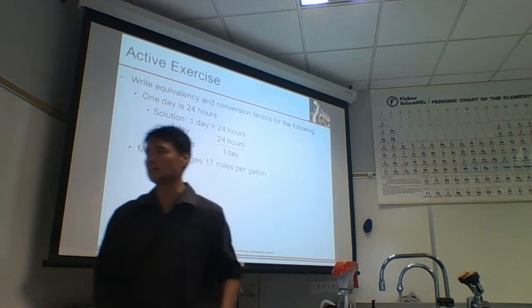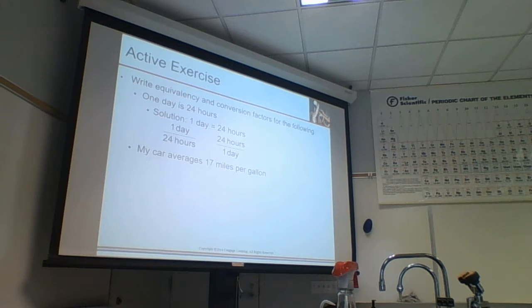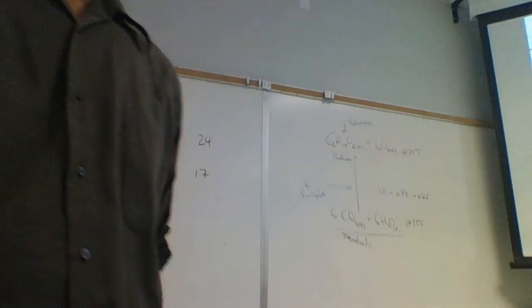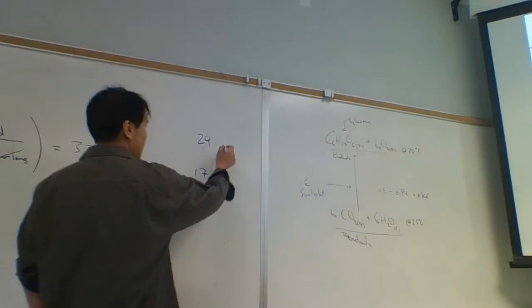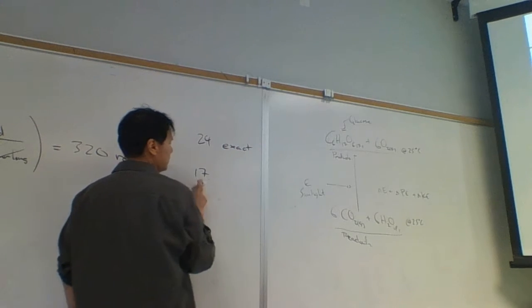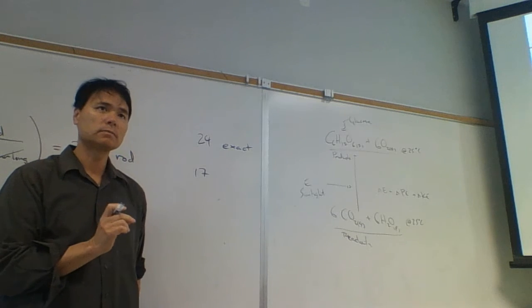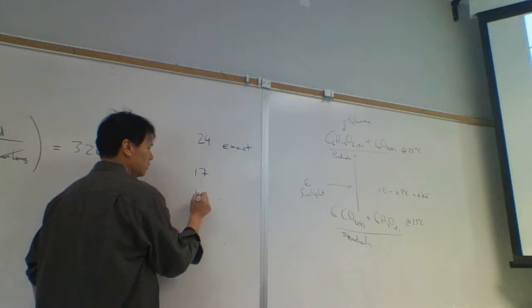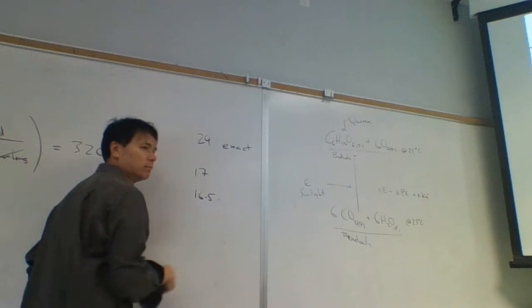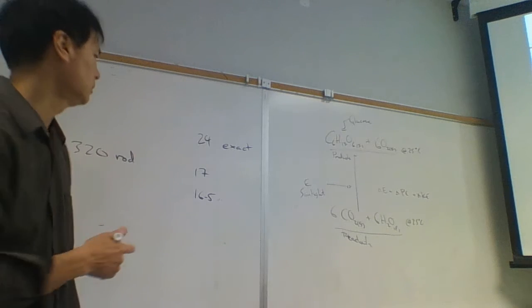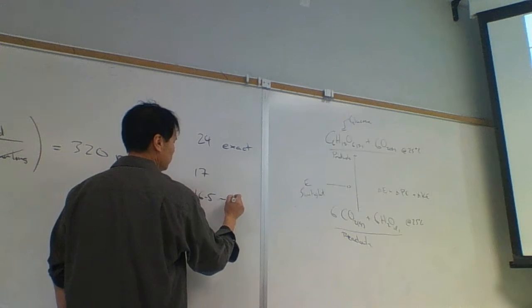But here, the uncertainty that's associated with it is given by something called significant figures. The way scientists read these two numbers, even though 24 has two digits and 17 has two digits, they're treated differently. The 24 is exact. However, when we see 17 like this, the general practice in science is this: that number can range from anywhere from 16 and a half, because 16 and a half would round to 17, all the way to 17.4.